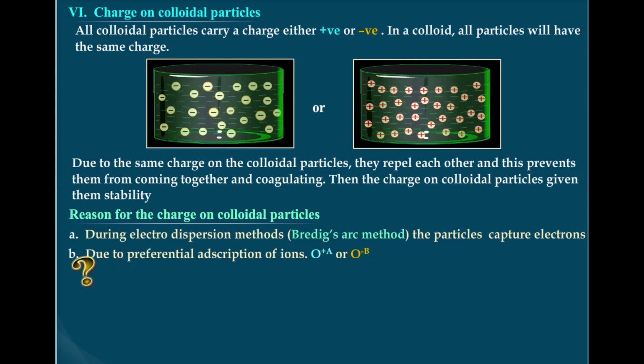When silver nitrate, that is AgNO3 solution, is added to potassium iodide solution, the precipitate formed, naturally, we know, is silver iodide. This silver iodide will adsorb iodide ions from the dispersion medium, because the dispersion medium is potassium iodide. So the silver iodide will adsorb the same ion, iodide ions, and iodide ions are negatively charged.